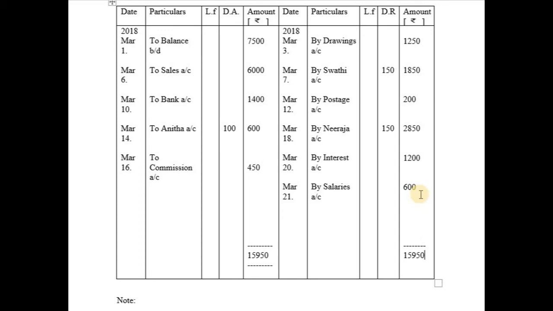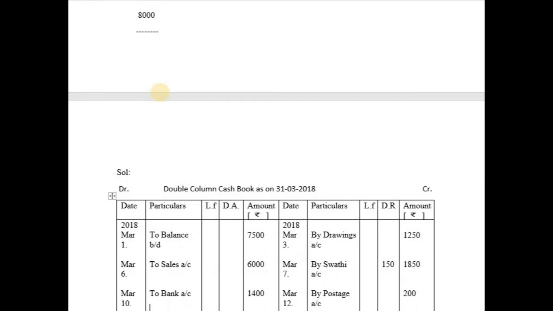Even here you will be writing the total as 15,950. Now subtracting the small value from the highest value. So now we will be subtracting 7,950 from 15,950. So 950 minus 950, it becomes 0. Subtracting 7,000 from 15,000, we are left out with 8,000. So our answer is 8,000. So as we are having a shortage of rupees 8,000, 8,000 will be recorded on credit side as by balance carried down 8,000. It will be recorded on credit side of cash book as by balance carried down.